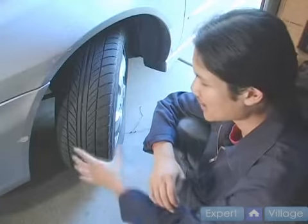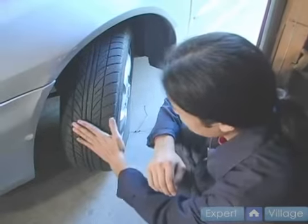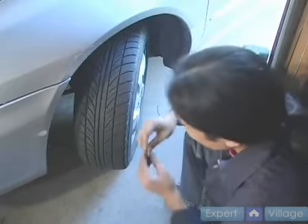In this next section, we're going to be looking at the tire and looking at the tread wear and how it relates to the alignment of the car. So if you look here, you can see a pretty new tire. And if you take note,